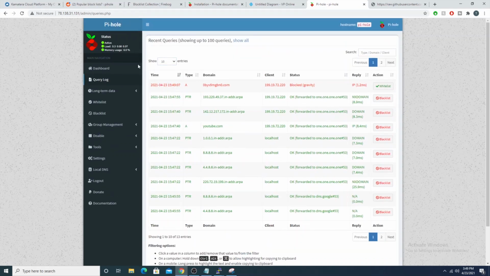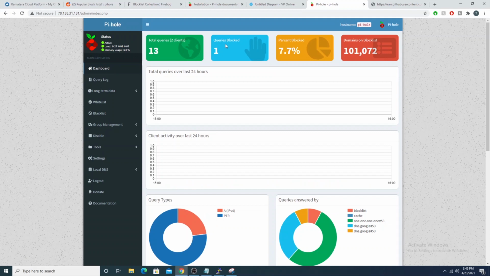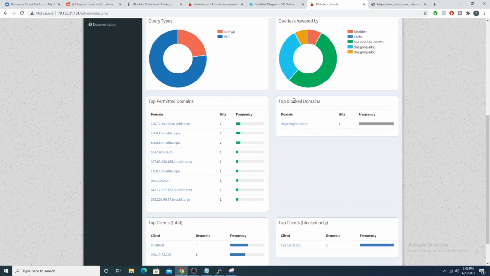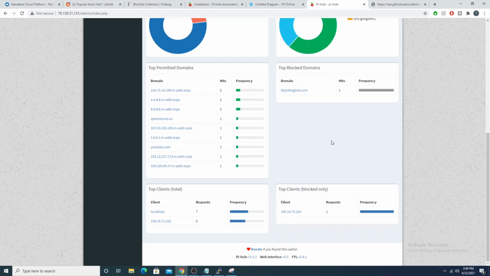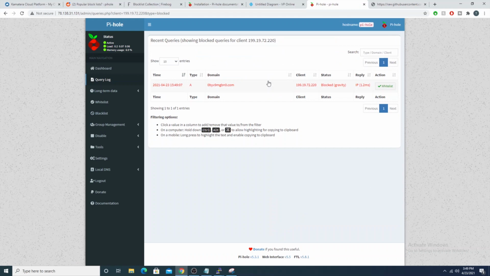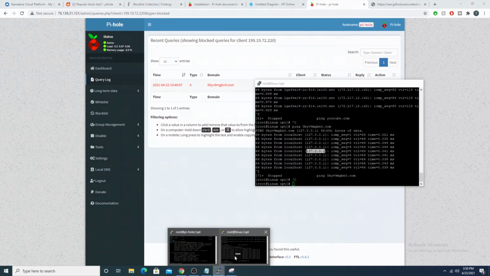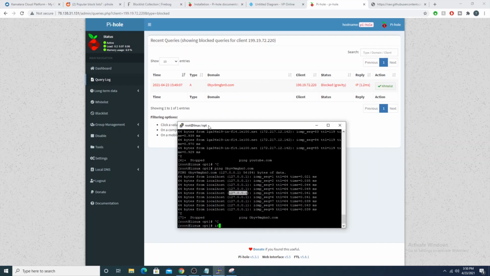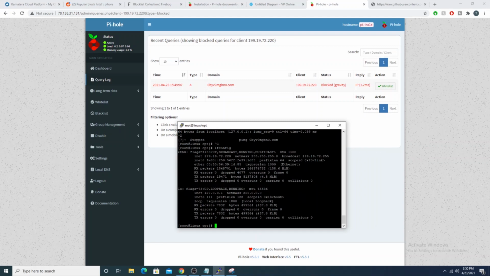I think we could probably filter on queries blocked. Can I select that? Oh, here we go. So top blocked domains, we see this guy being blocked, right? How cool is that? And then I also see the server that made the request, right? So if we got an alert saying, hey, one of your internal servers tried to resolve a malicious domain, this is the server that did it. Now we can go investigate further, and you get the IP address of the server that made the